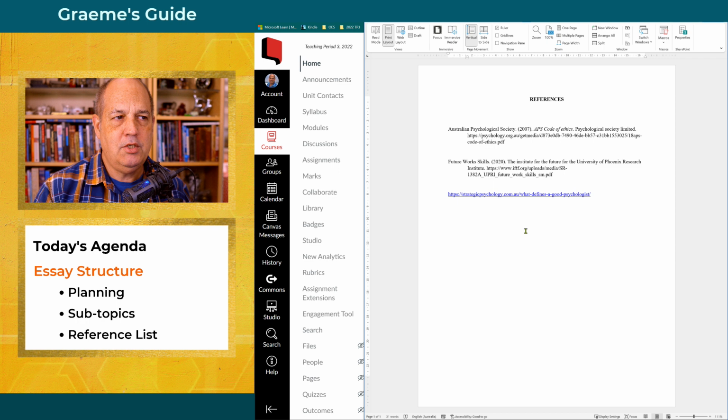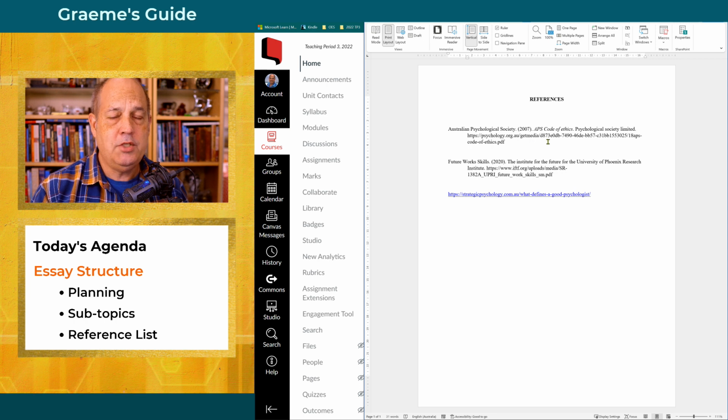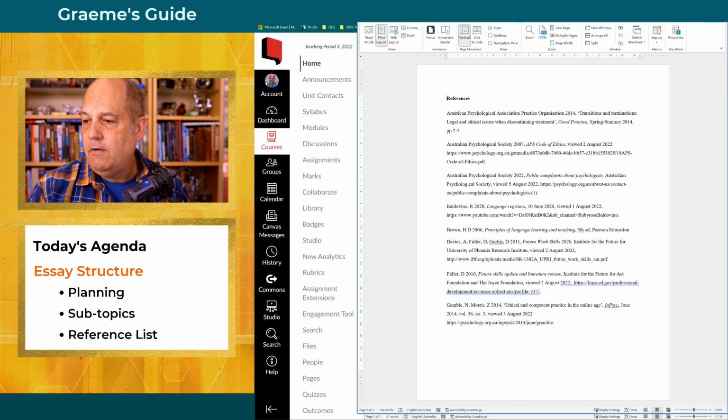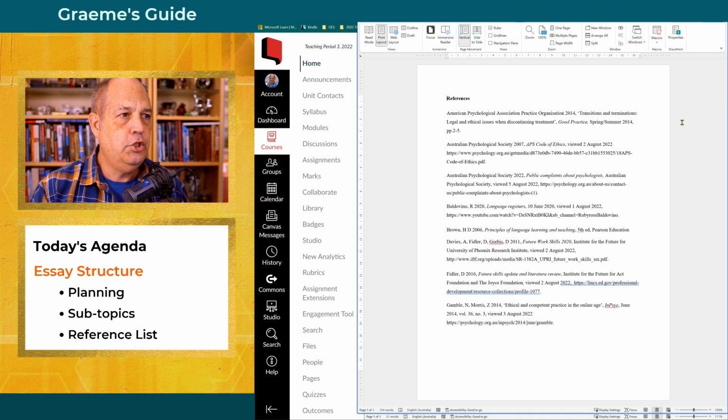So there's 3 references here. I can see that there was possibly a good pass here, and possibly a credit grade could have resulted if these references were used well throughout the body of the work. But let's look at another reference list from somebody who got a HD for assignment 2.